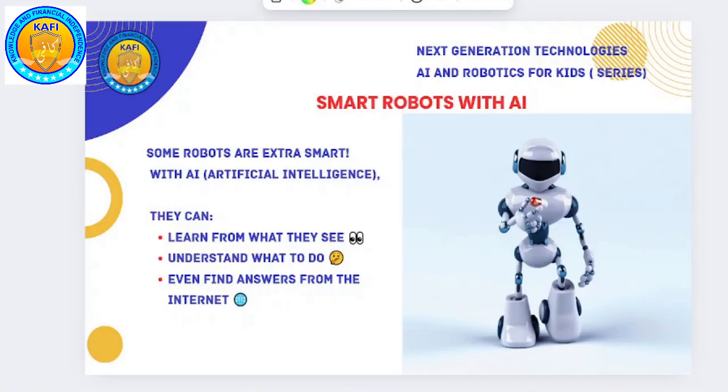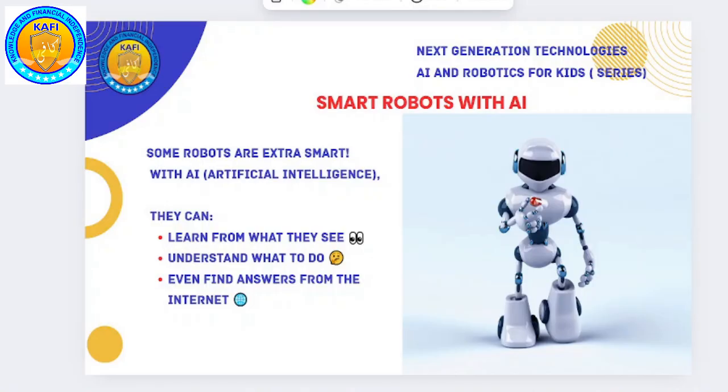What is AI? We did some AI in Scratch, remember? We made a program in which it was detecting something and doing something. Remember that? They can learn from what they see.